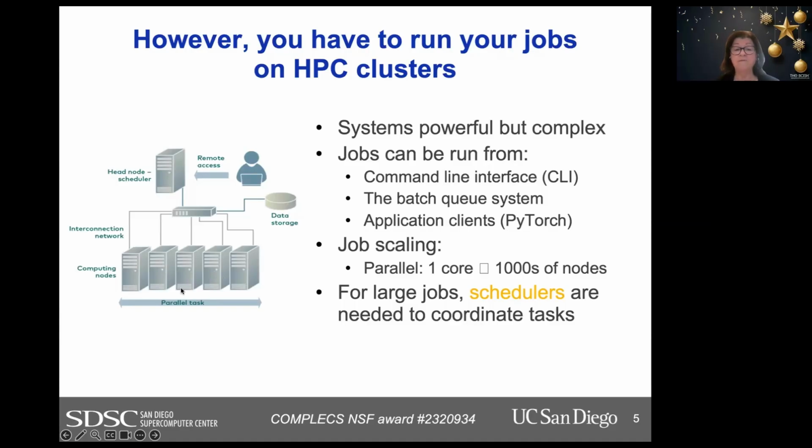When you have hundreds of nodes with thousands of devices on them, like on Expanse, it's pretty complicated, and we use systems to help simplify that scheduling and tracking and recording the I/O from everything. So we'll talk about job scheduling and job scaling, from one core to thousands of nodes. For large jobs, these schedulers are required, and they make a big difference for you once you learn